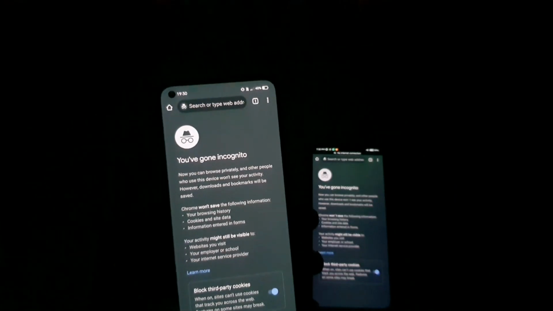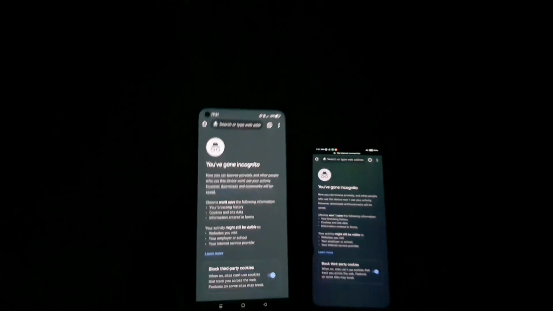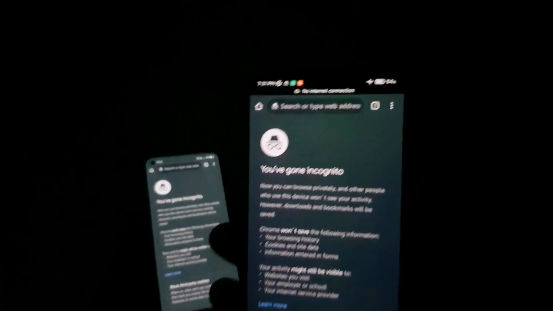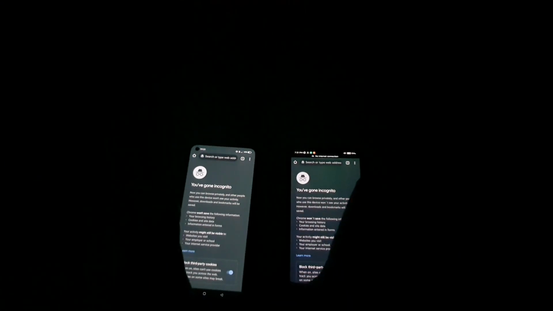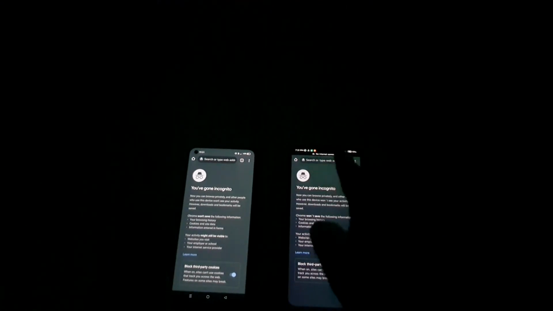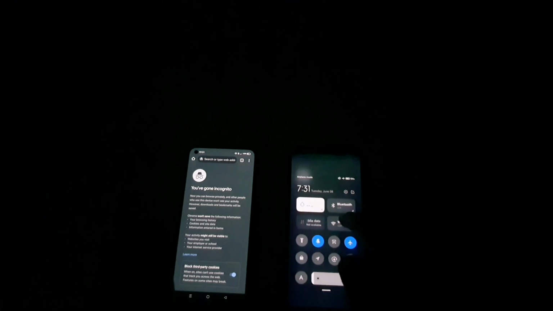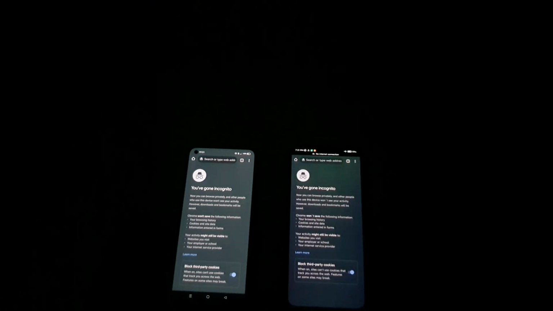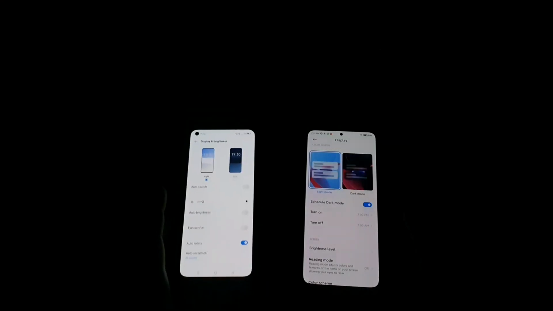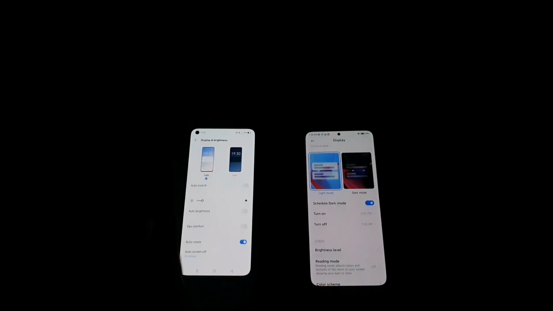It is a Realme X7 Max device which I'm using right now. As you can see, at low brightness, this is the Realme X7 Max, and this is the Mi11X device which has the green tint problem on the top. You can clearly see in this video, particularly if you observe a little bit on the top area, the notification panel, this is the Mi11X device which I'm using.